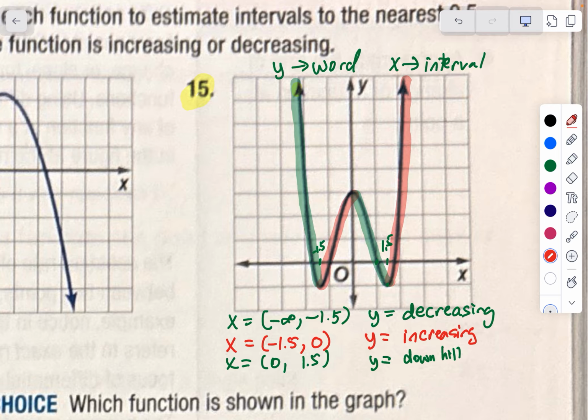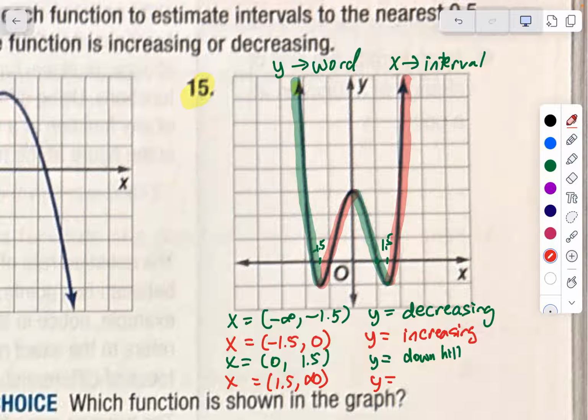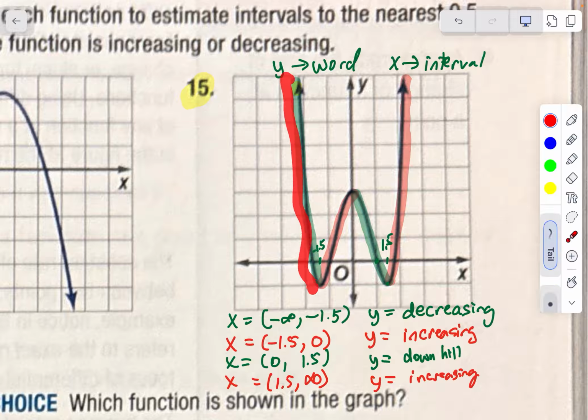And then finally, from an x value of 1.5 to an x value of forever, to infinity, my y will always be going uphill for the rest of its life. Sorry, I did totally switch my colors, but it doesn't matter as long as we're consistent. So downhill, decreasing for these x values, increasing,